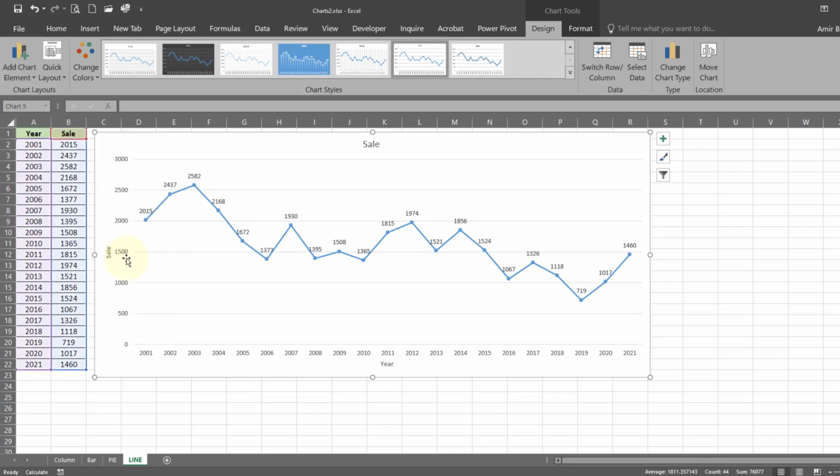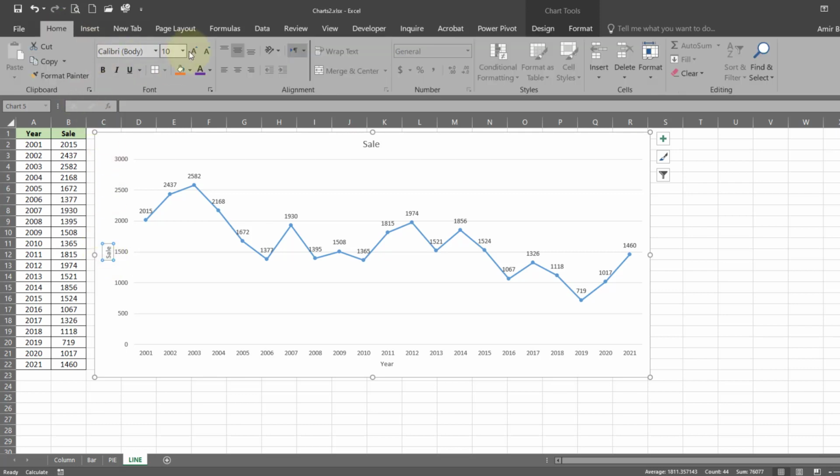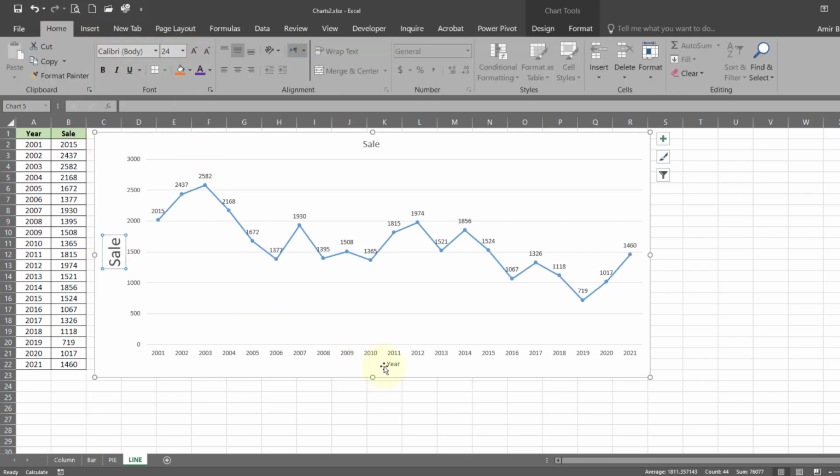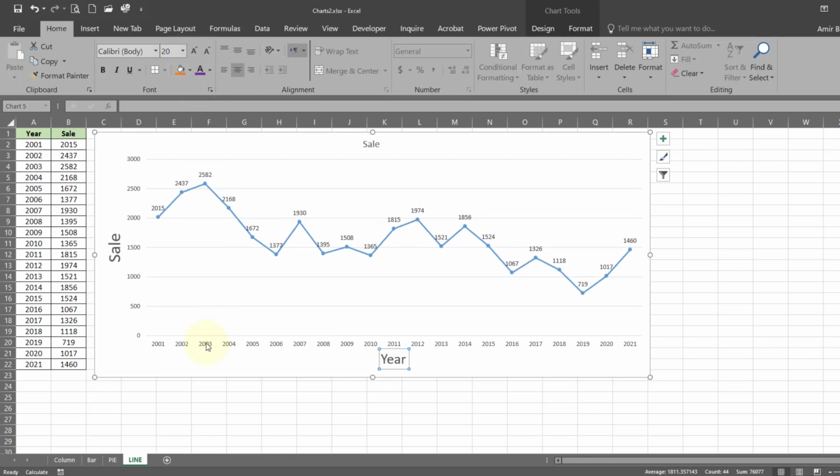You can make it above. We can do some more formatting to it. So this is how you can create the line chart.